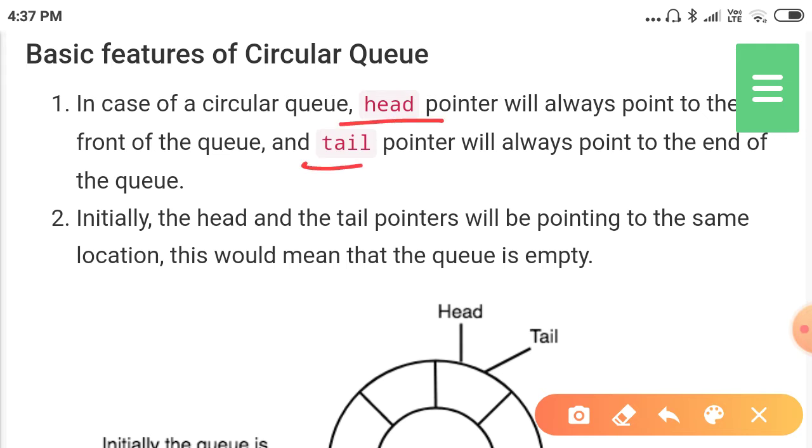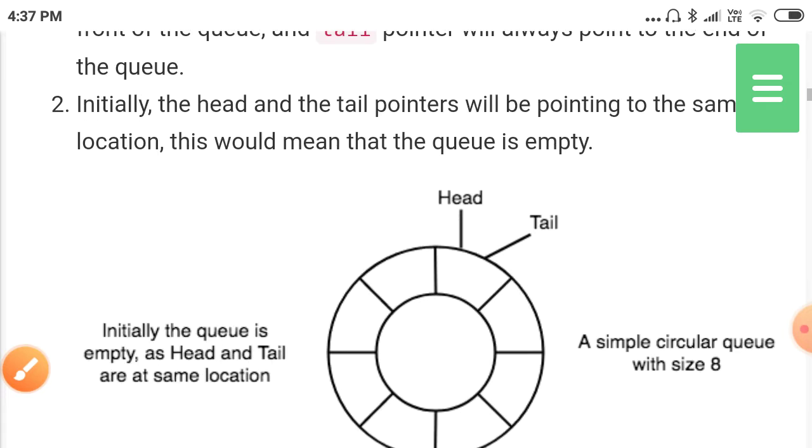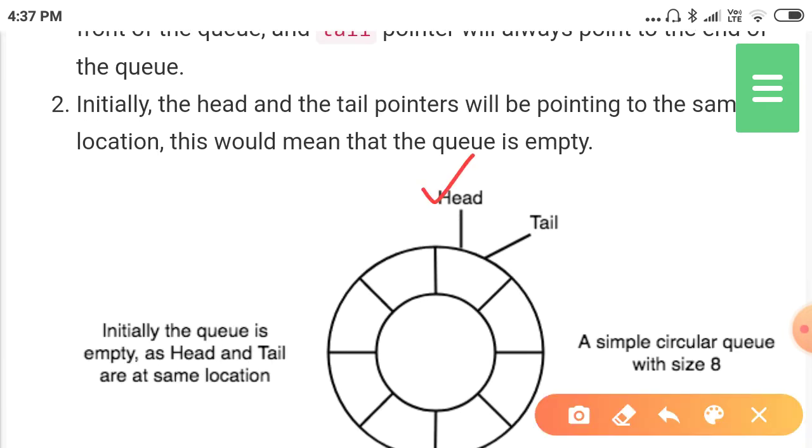Head is pointing to the front location and tail is pointing to the end location, that is the rear. Initially, when no elements are available in the queue, both the head and tail pointers point to the same location.